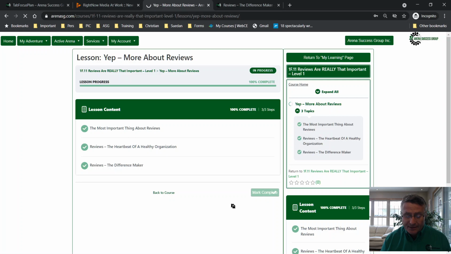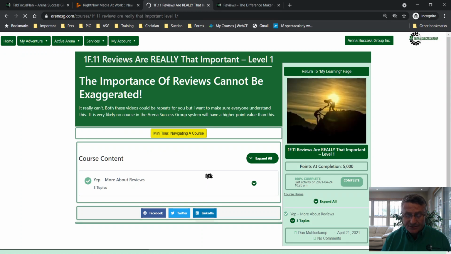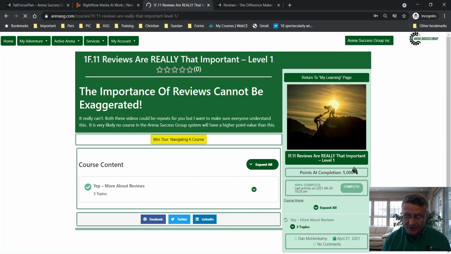And when I do that, because all the topics are completed on it, it will go back and bring me to the course. It now shows the course as complete.